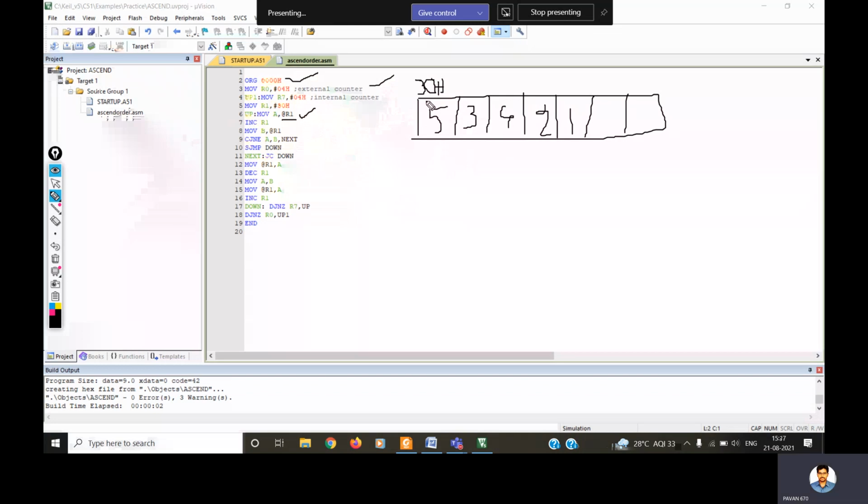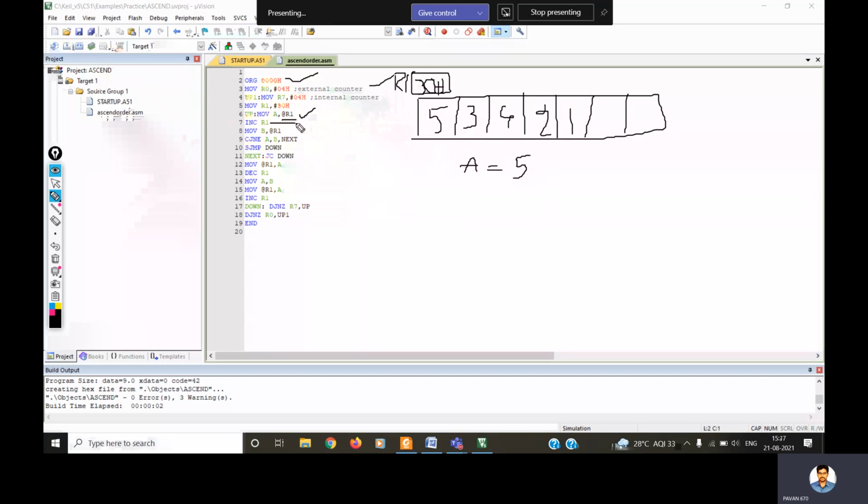So now what will it do? This 5 value is there. Initially, because of this statement, move A, comma, at the rate of R1, at this point A is containing 5. The accumulator is stored with value 5. And now R1 gets incremented. Earlier, 30H was the value stored in R1.